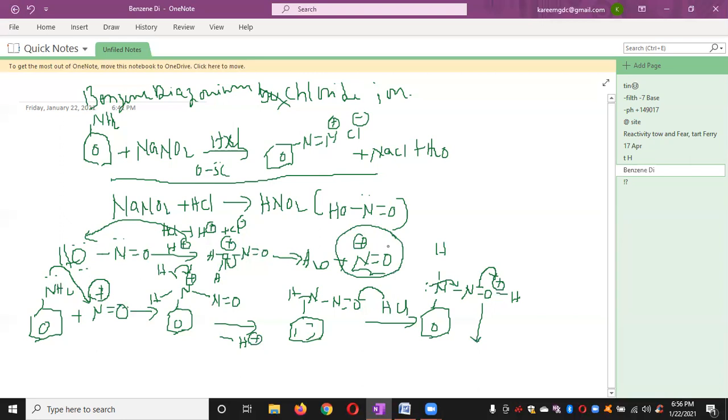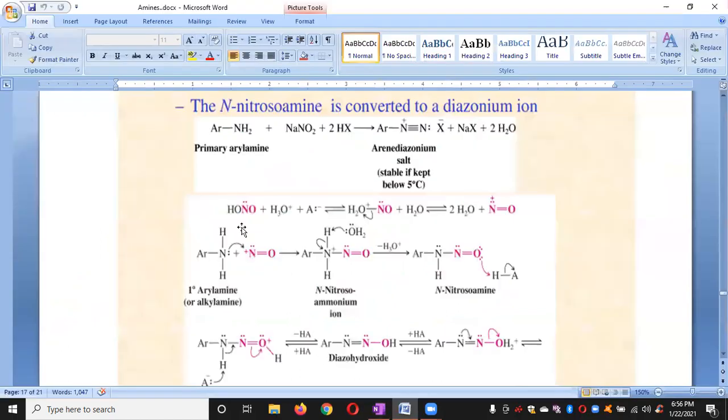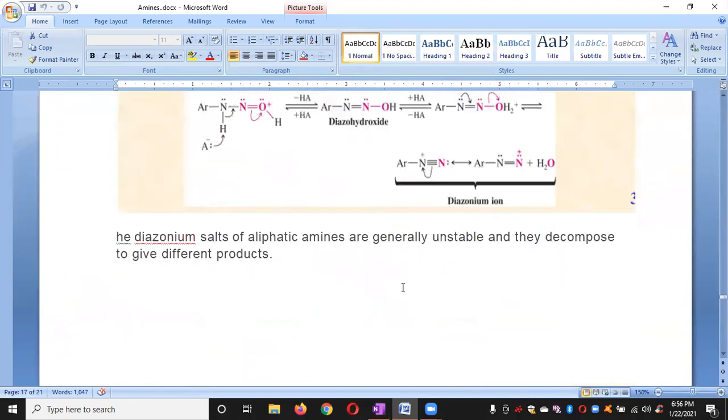So this is the first step, that is, the formation of the electrophile, and this electrophile attacks aniline. So thereby again removal of a water molecule takes place in the last step, and then we get this benzene diazonium ion or salt. So this is the preparation of benzene diazonium ion or salt. It is very important, we can expect it in the examination also. Okay, so this is the whole reaction and this is the mechanism. Okay, and next we move on to applications.